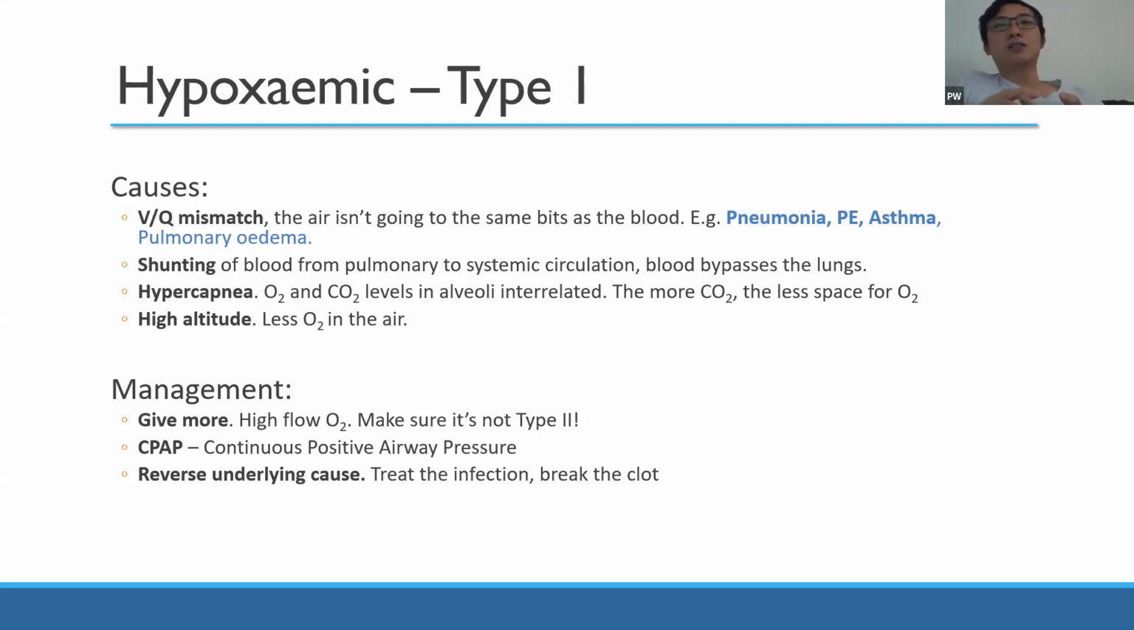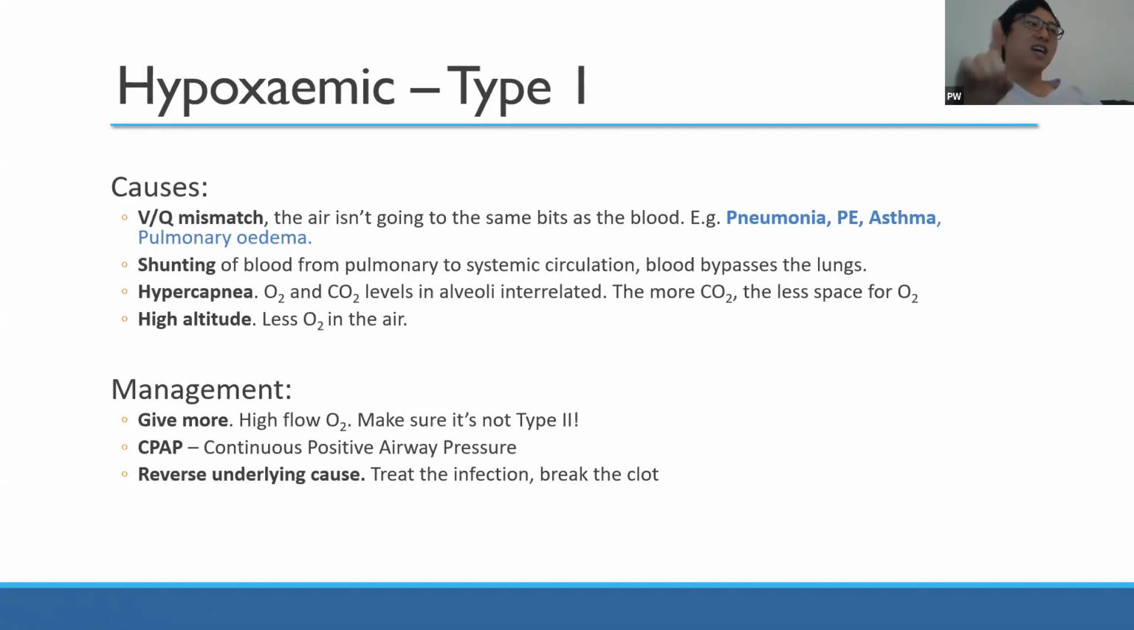And likewise, for high altitude, if you're just way up in the air, lower FiO2, fraction of inspired oxygen in the atmosphere, you're going to get less oxygen in your bloodstream. But the main management of type 1 respiratory failure, the hypoxemic, is to give more oxygen. Give them high flow oxygen, as much as you need to put them above 95% in terms of their oxygen sats. But you've got to be careful that they're not in type 2 respiratory failure,